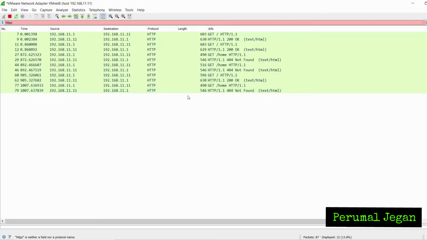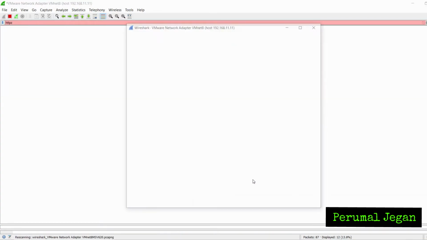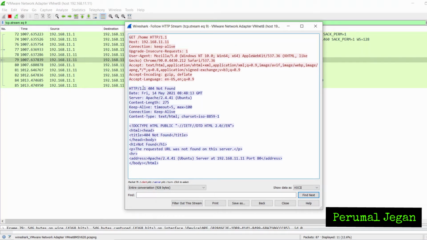Obviously you can see the status code here. Let me trace the HTTP stream here. So when I trace here, you can see the response with 404 not found. It means the web browser approached the web server properly, but it is not seeking the information which is present in that web server. It has some invalid information which is not present in the web server. So that is why it gives 404 not found.